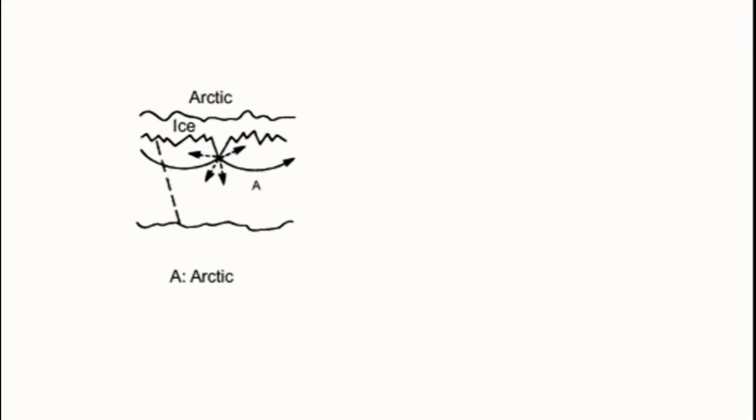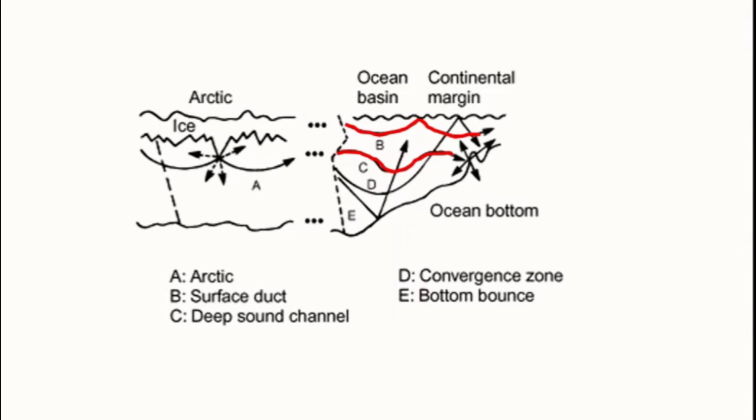This diagram shows various trajectories of the sound wave in the ocean and the places where it originates from. The dashed line on the left indicates the speed profile in the ocean. An important point to remember is that under Snell's law, waves will bend towards the region of low sound speed, or bend away from the region of high sound speed. Point A is a scenario where the sound originates from the polar region. In this region, sound will stay around the same area where the speed of sound is at its minimum because of Snell's law. In the other picture, similar cases can be described in paths B and C as well.